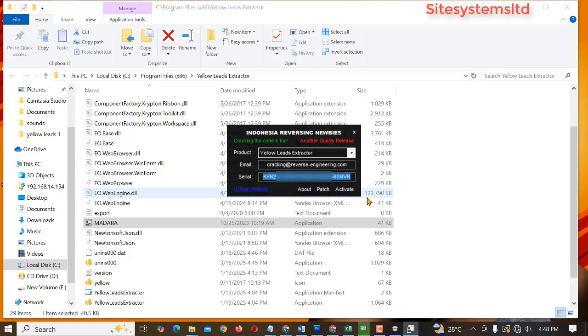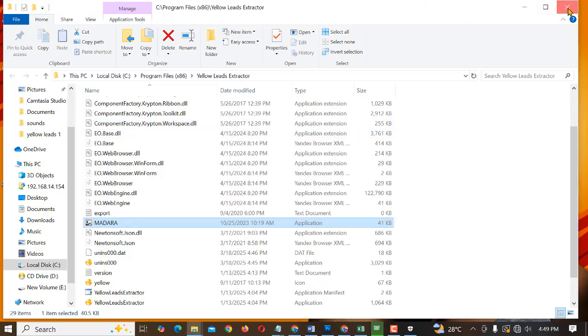Why I actually copy the serial number is in case when you open the software, the application is still asking you or demanding for the serial number, you can then use the serial number to activate it if this does not activate it directly. Okay, now we'll close this, then close this,